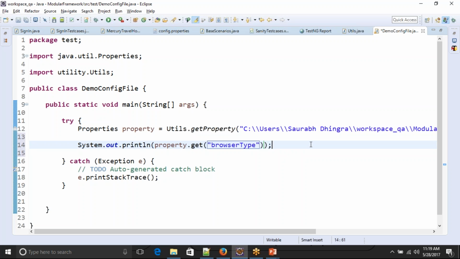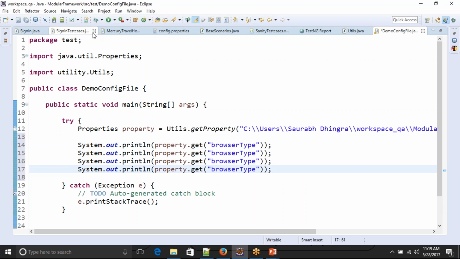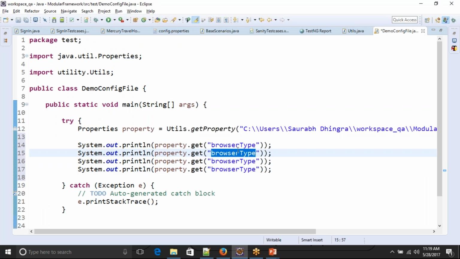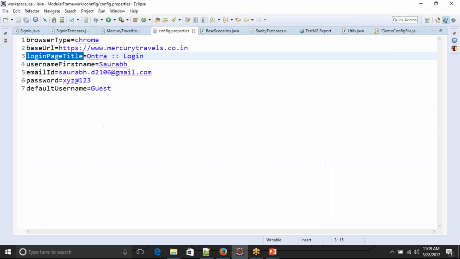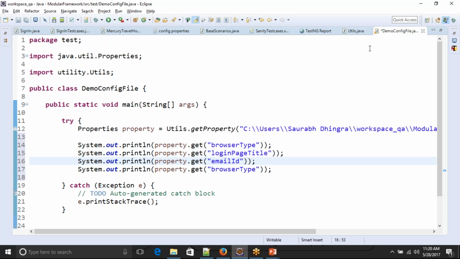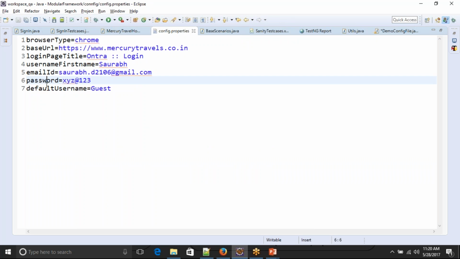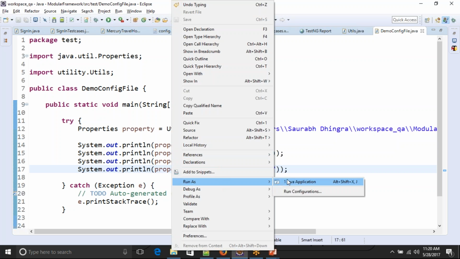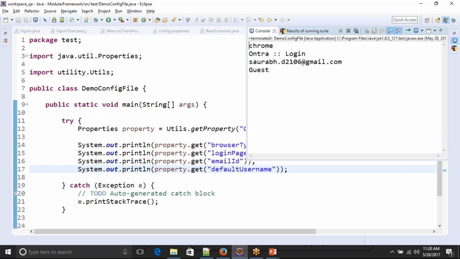Let me copy it, and then I'll put it here. I can copy paste some more properties. Okay, then I'll have email ID also. So email ID I'll put here, and then in my config.properties I have default username. I can call this also. Okay, so when I execute it, right click, run as Java application. Okay, so see here, Chrome,